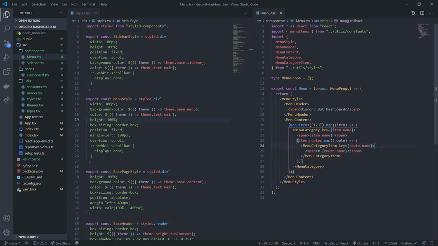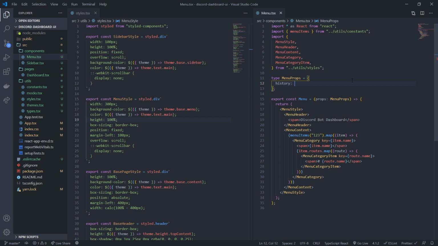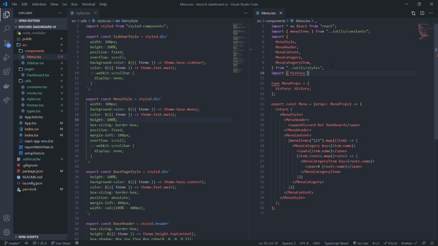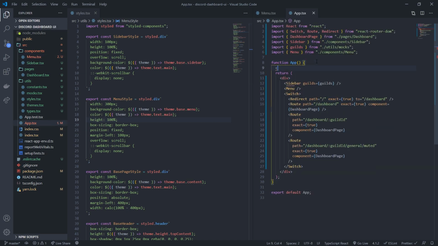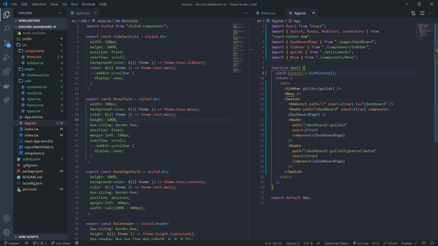The way we do that is we need to pass in the history prop. So I'm going to go over here to menu props, and I'm going to type history. I want to have IntelliSense, so I'm going to import history from history, so that I can reference history.push with IntelliSense. Now we've got to go into app.tsx, because that's where we are rendering the menu, and we're going to use the useHistory hook, which comes from React Router DOM. This is just a hook, and we can pass its return value in